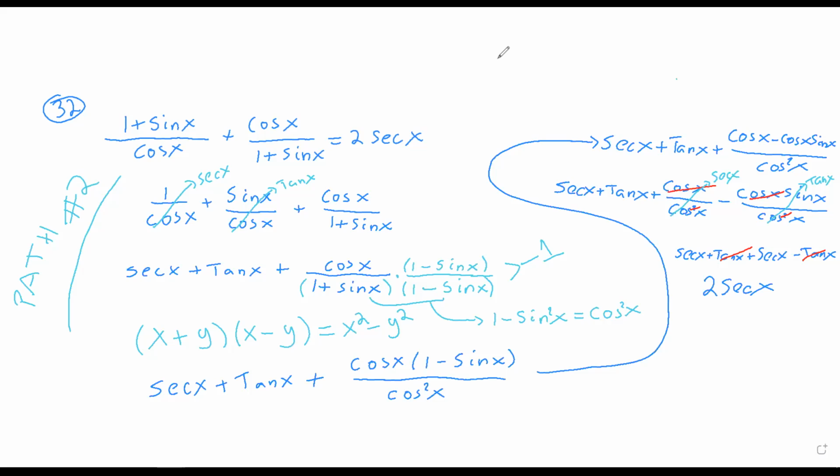Let's see if we can do a few more. Okay, I'm going to clear these. We're up to 32. Let's look at 34. So it's sine of x plus tangent of x